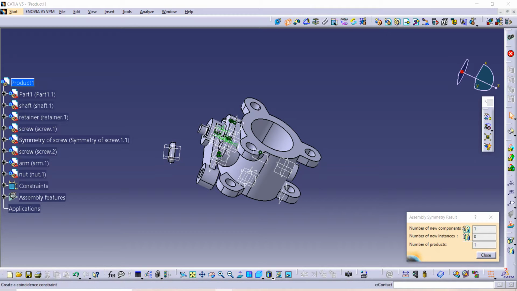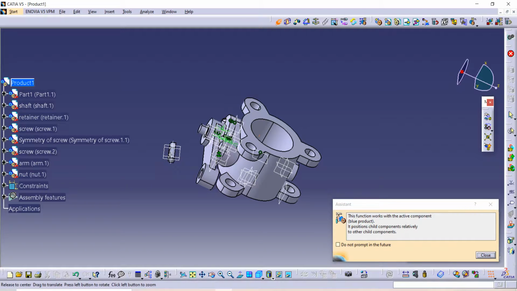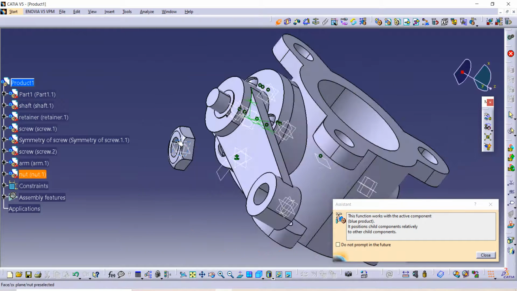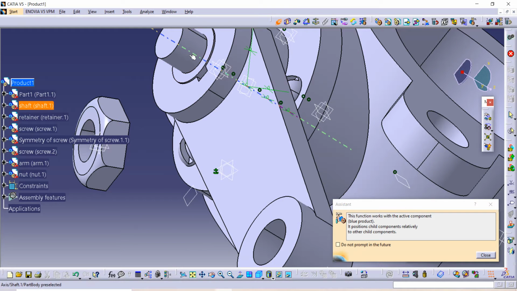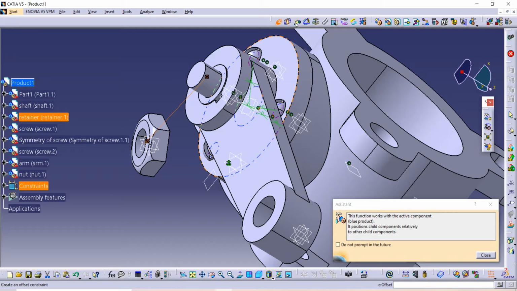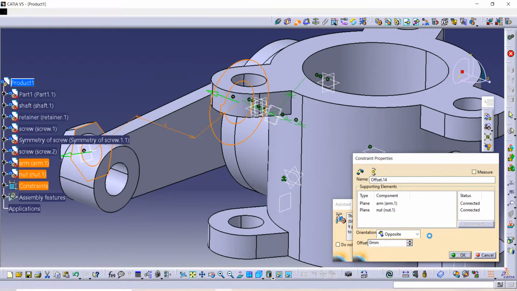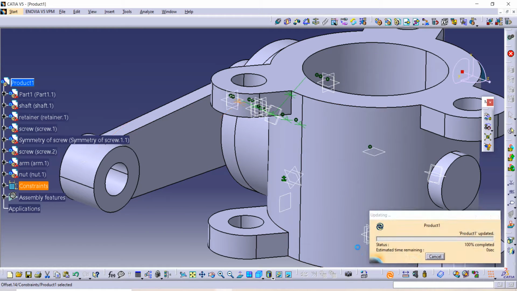Similarly use this coincide command, select axis of screw and then use offset command and give distance as 0 between both of the surfaces and update it.